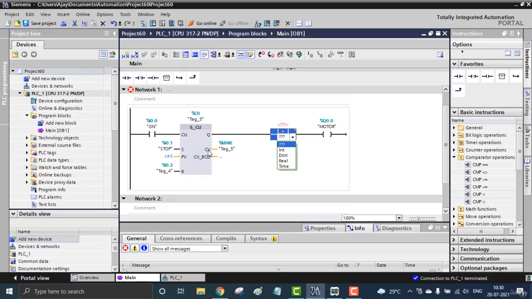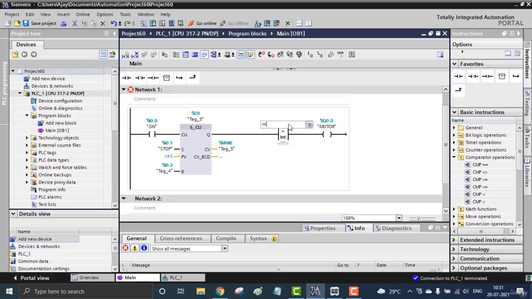So it's the counting values, or the count values. The count values will be numbers, because 1 count, 2 counts, 3 counts, no 2.5 counts, only 2 counts. So 1 pulse stands for an integer value. Integer value means the numbers, so I'm using the INT for that. After selecting the integer, what to compare? I need my count value. The count value will be stored in this memory location, that is MW0. When MW0 is greater than 4, we get the output.